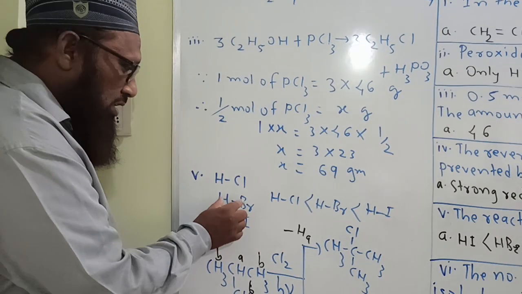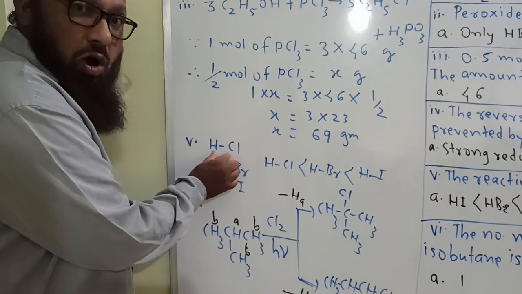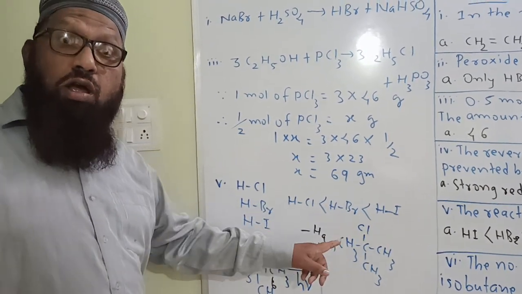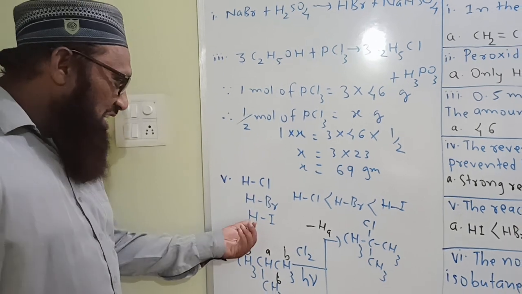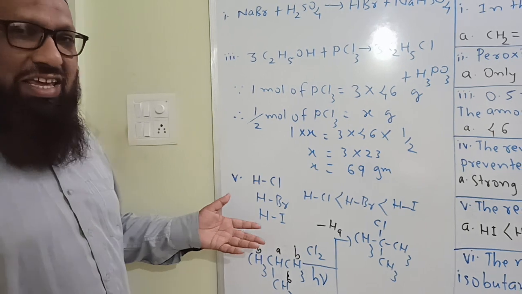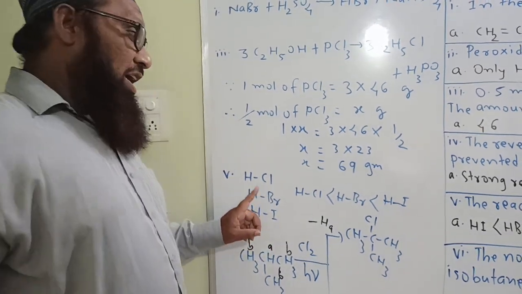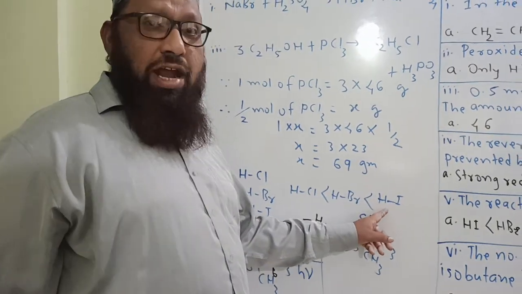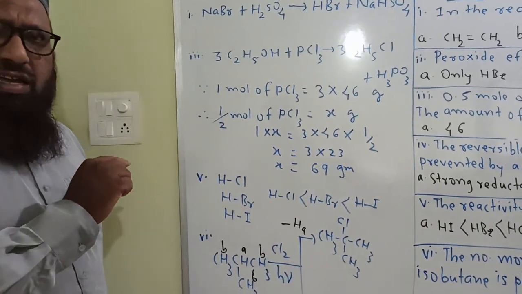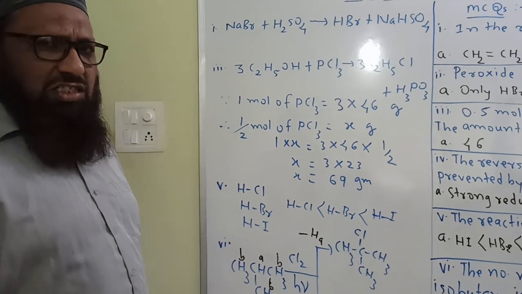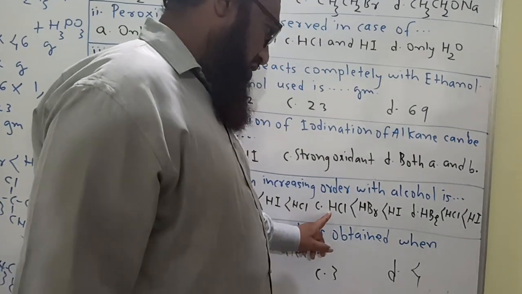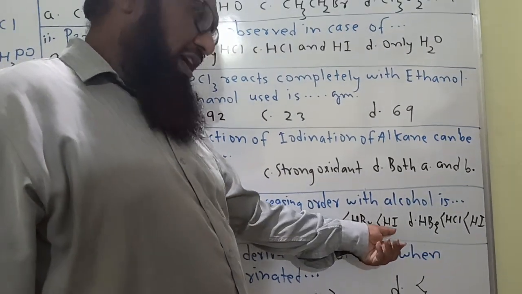is bigger in size. The H-Cl bond is a small, short, strong bond. The HI bond is a long and hence weak bond. As HI has the weak bond, it dissociates very readily, easily, and that's why HI is most reactive towards alcohol as compared to HBr, then HCl. Here bond length is the reason, size is the reason. Then which is the correct order? Here the order is option C: HCl, HBr, HI.